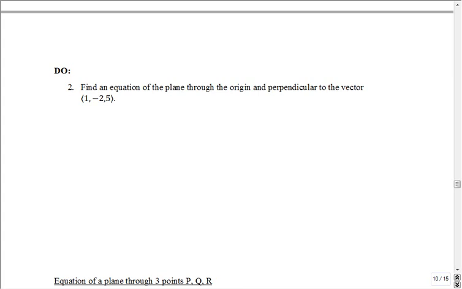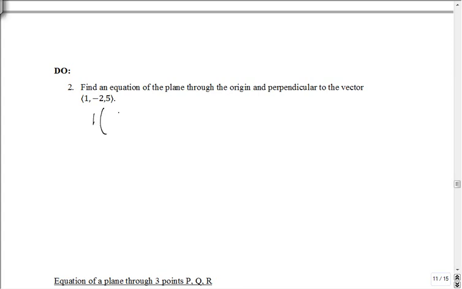What is the normal? What's the normal vector there? What's the vector that's the normal? 1, negative 2, 5. Yes. Why? Because the normal vector is always perpendicular to the plane. Right? So if this vector is perpendicular to the plane, then this is the normal vector. And so your equation would be